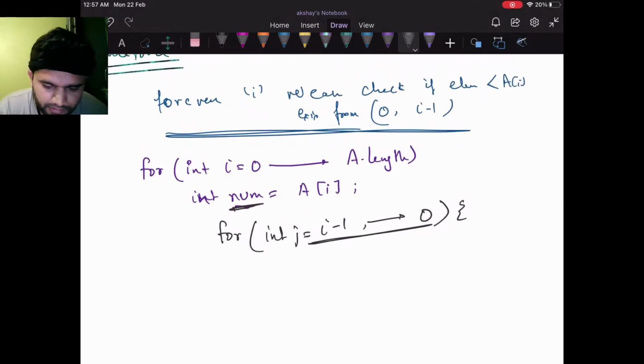Let's consider this our result array, and it has the same size as the array A, because we want to find the answer for every element.